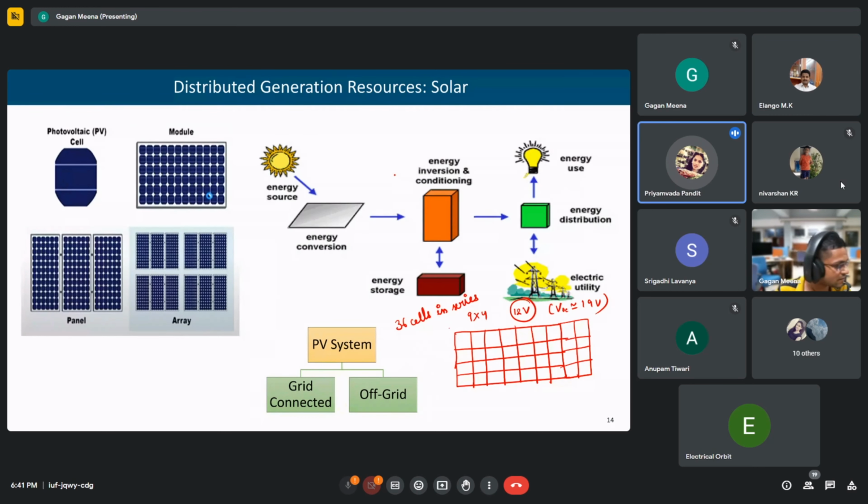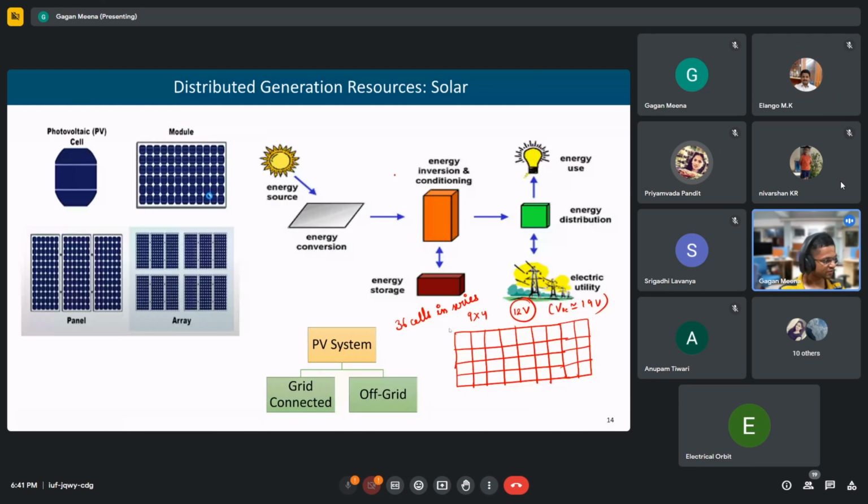Just one question I wanted to ask. Is this an actual PV panel or a hypothetical question? No, this is actual. 9 by 4 is actual and available. The voltage value of 12 volts is also available. My question is how it becomes 12 volts for this arrangement. What is the configuration? How many cells are arranged in series, and how many in parallel, and how does it become 12 volts? This is my exact question.